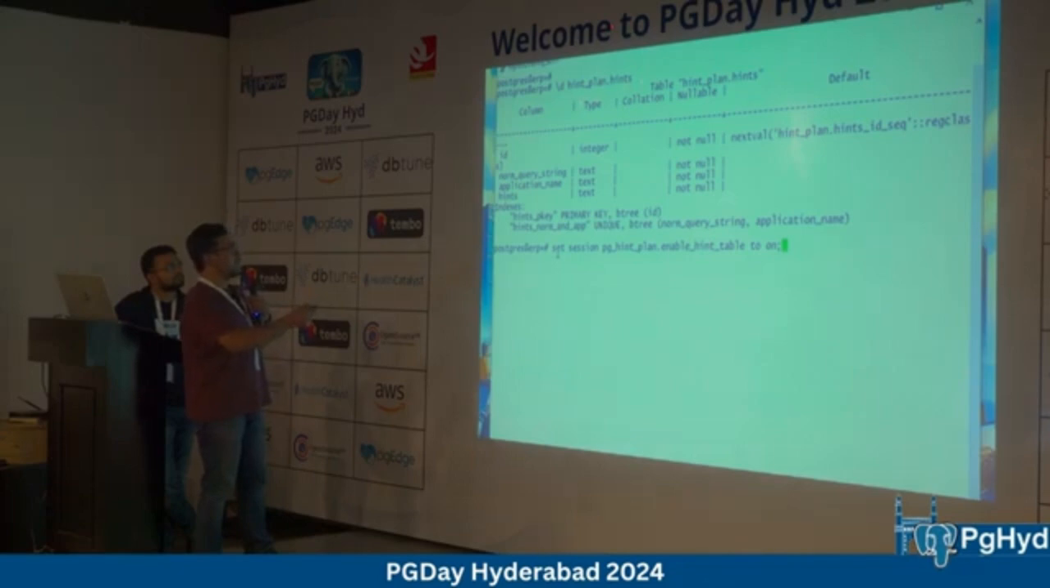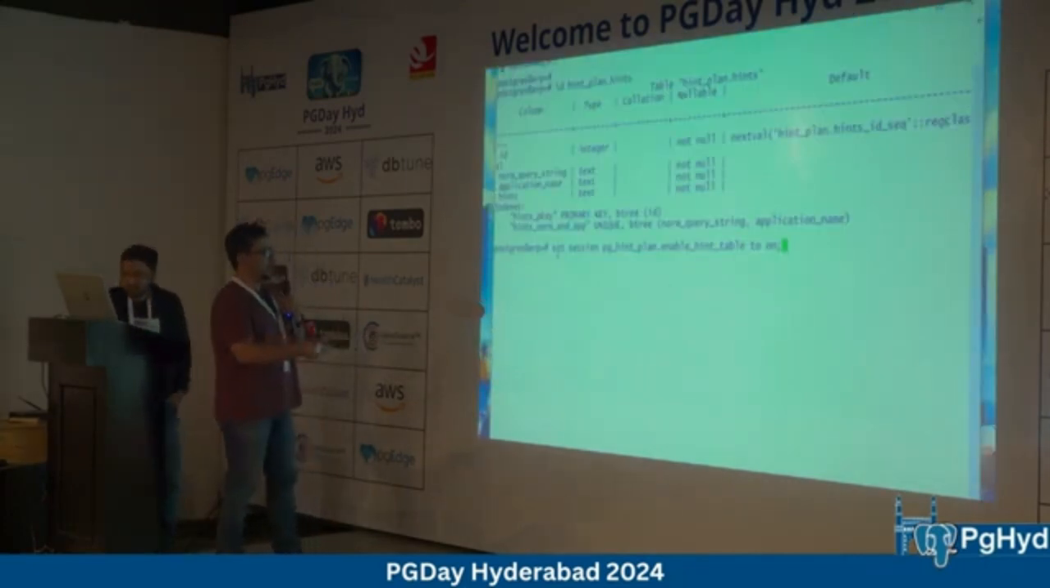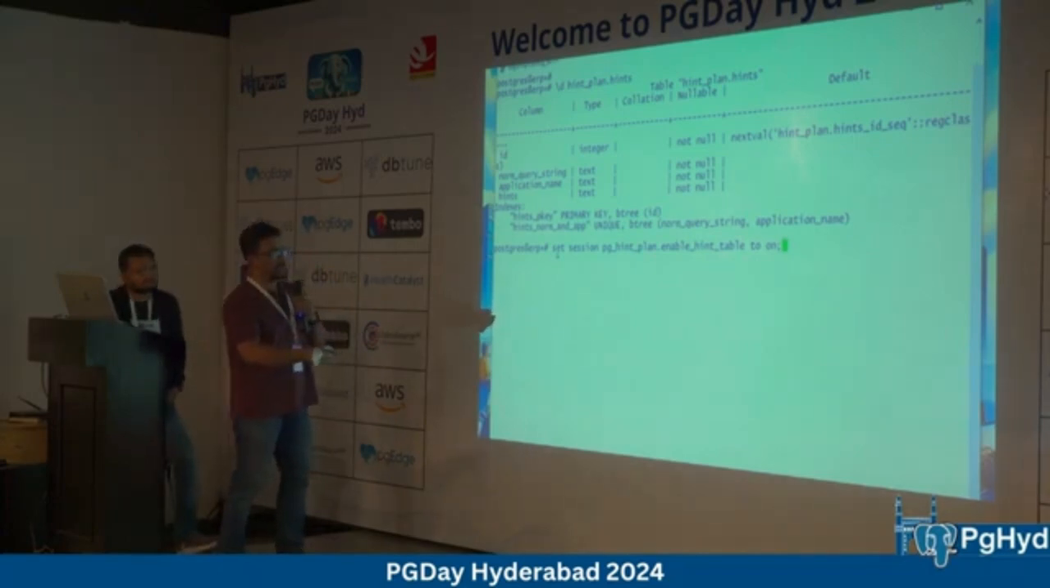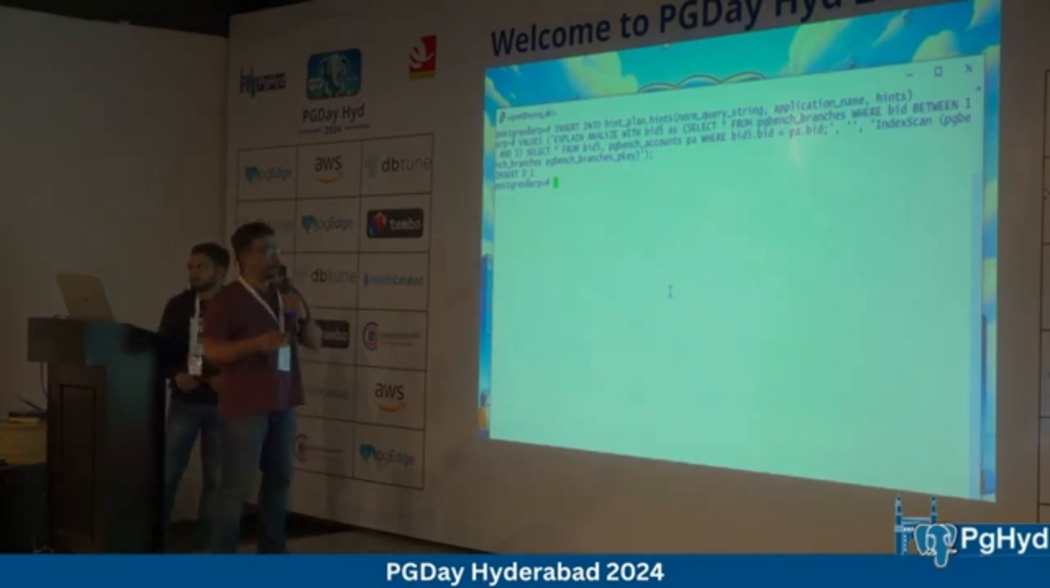Here, if you see, we did a describe of this hints table, and these are its columns. There is one important parameter. In order to use this, we need to set pg_hint_plan.enable_hint_table to on. I am doing the insert of the normalized query into this. Can anybody point out